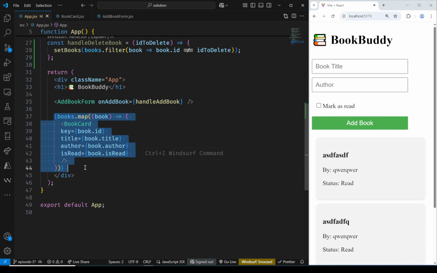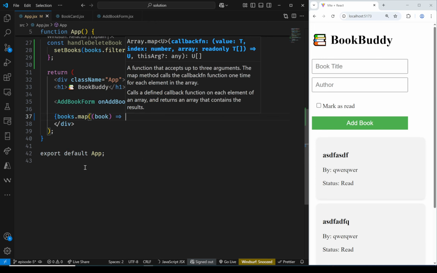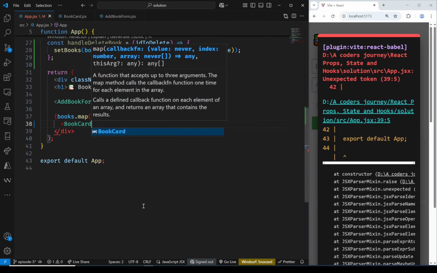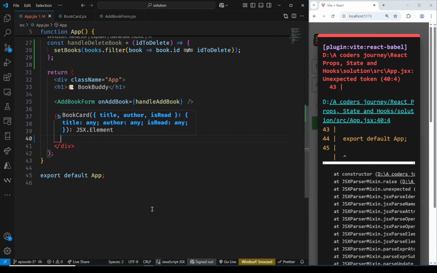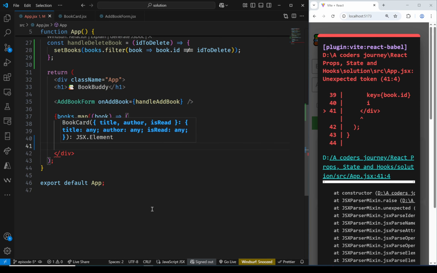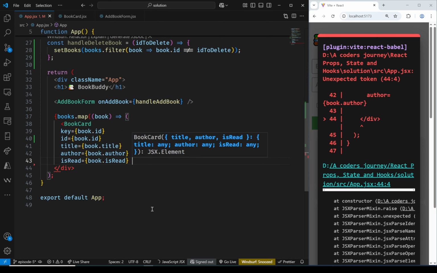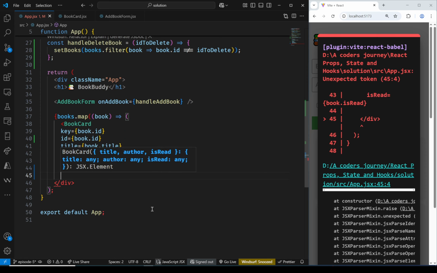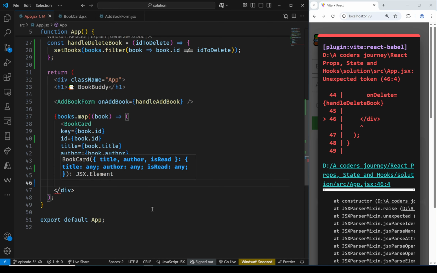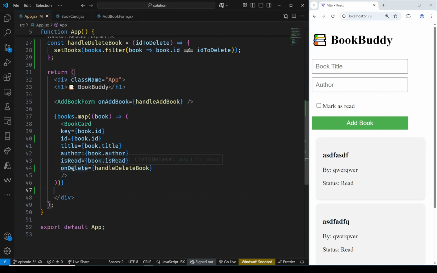So let me get rid of this, and I'm going to write this new version. So as before, let's render a book card component for each book inside of the books local state. We're going to render ID, title, author, is read, then the onDelete,